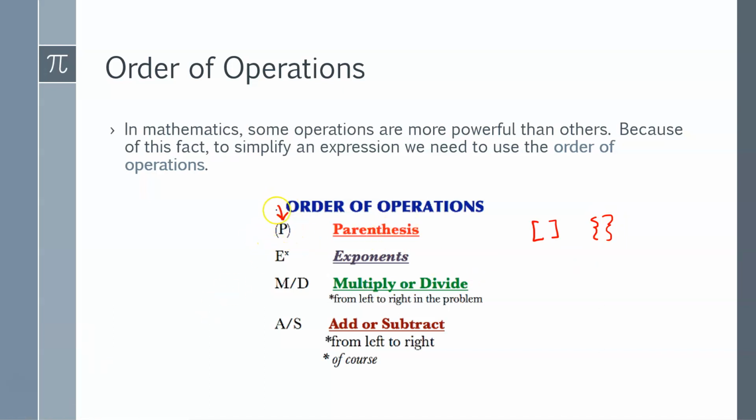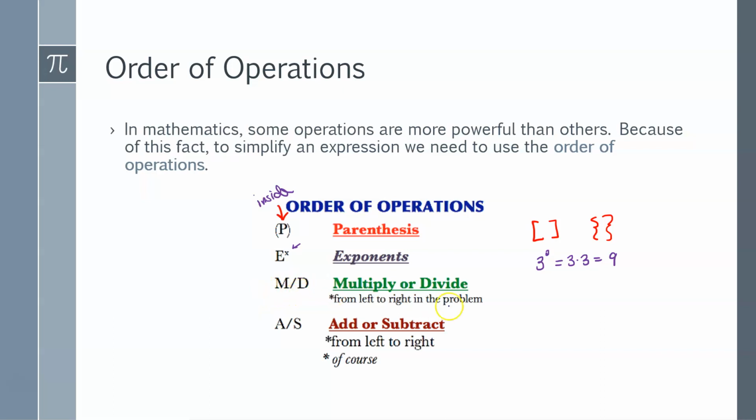Now, after you've simplified everything that's inside of those parentheses, you want to move to exponents, or the upper right-hand corner, the little number. So for example, if you had 3 squared, that 2 is an exponent that's telling you to take the base, 3, and multiply it by itself, which would get you 9. So we've got parentheses, then we move on to exponents, and then we're going to move on to multiplication and